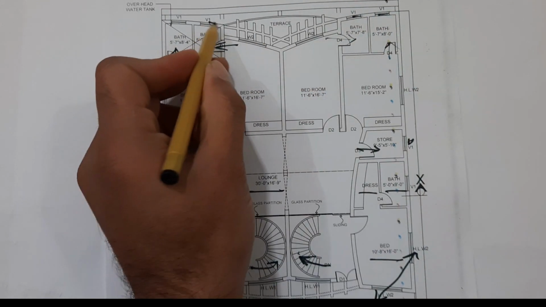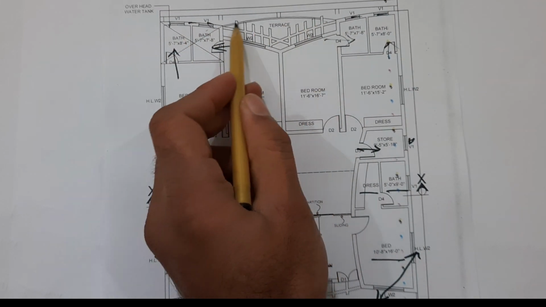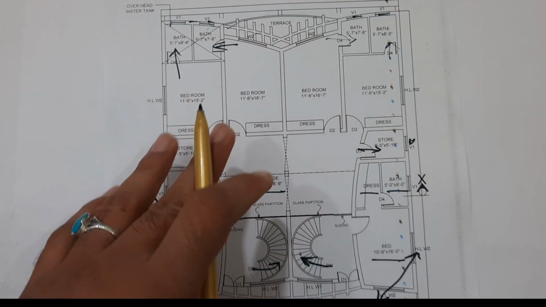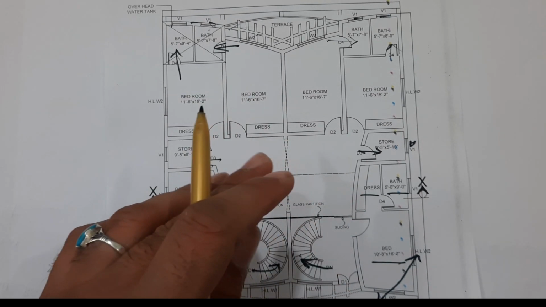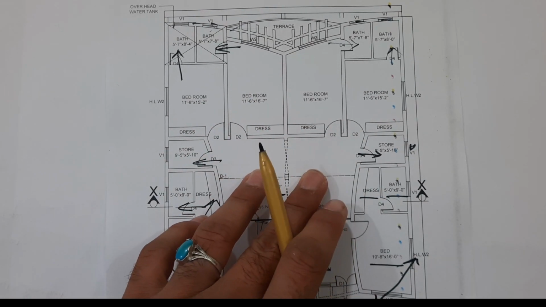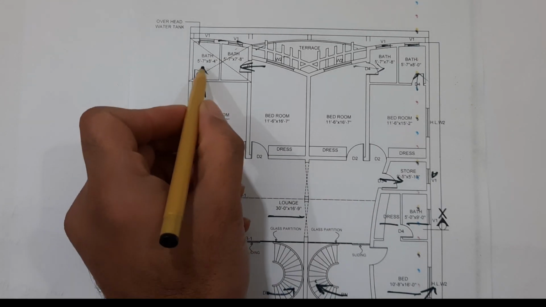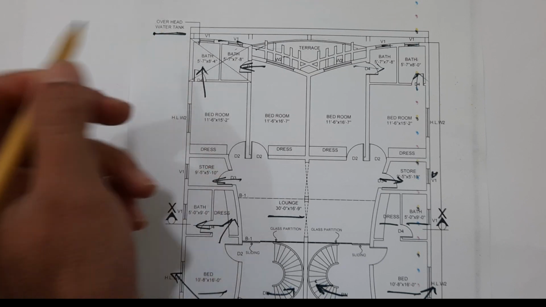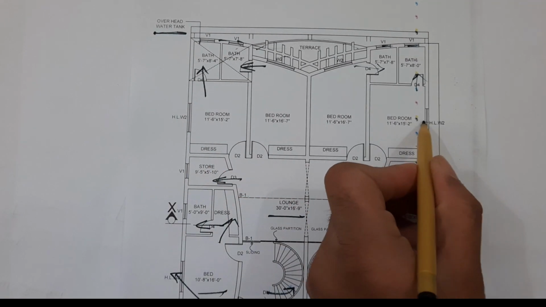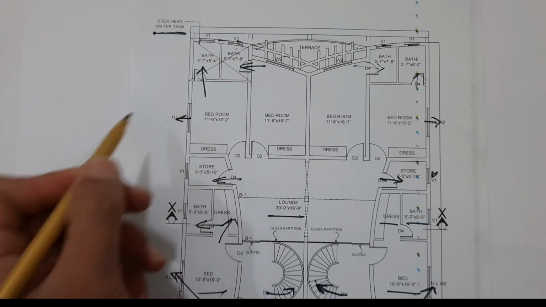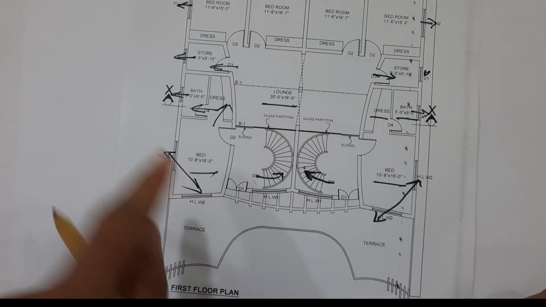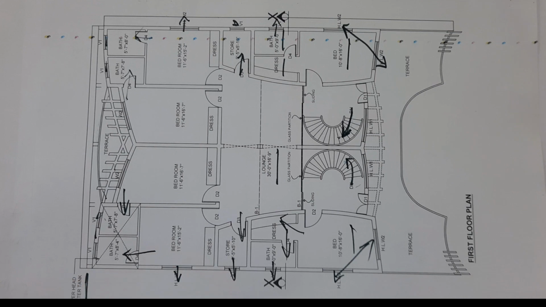So these are its ventilation, and on the top of this is the terrace design. You can see it is very beautiful. Also, after 2 days I will upload its 3D animation for you people, then you will see clearly. So on the top of these 2 baths, you can see this is the overhead water tank, and its ventilation system is proper. Okay, you can see everything clearly guys. So you can take a screenshot from this if you need.